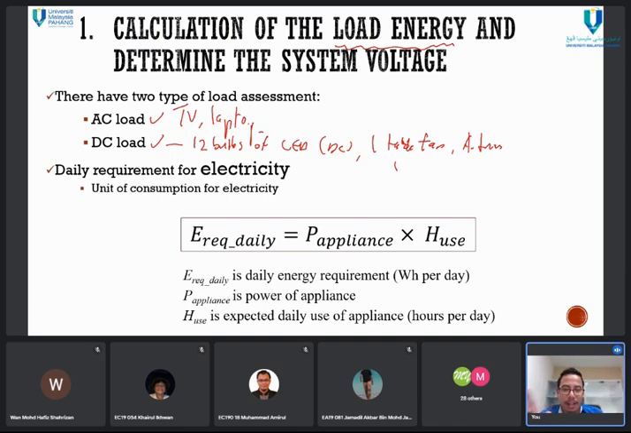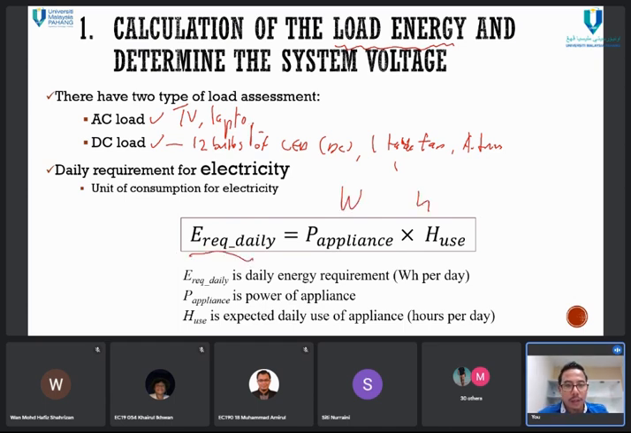Then after deciding, okay, I think this one is enough, because we are going for a standalone system. Don't expect too much, that you have a 24-hour air conditioner. That's what we call naive thinking, okay? Alright. Then, after that, the daily requirement for electricity, the unit of consumption, is energy unit,